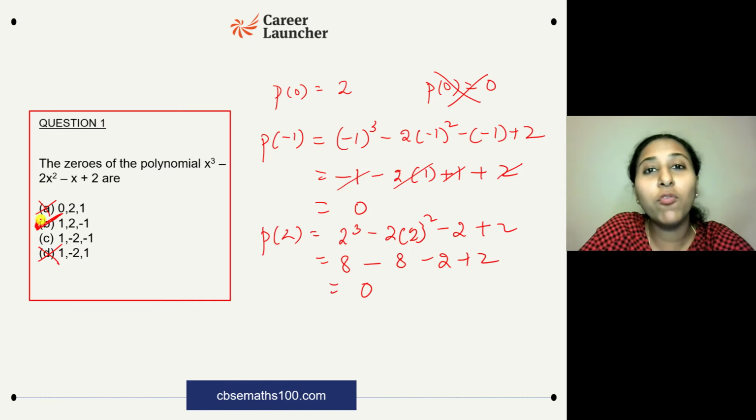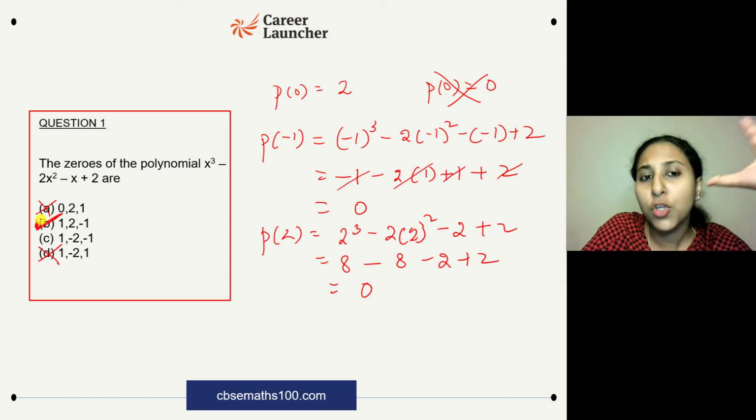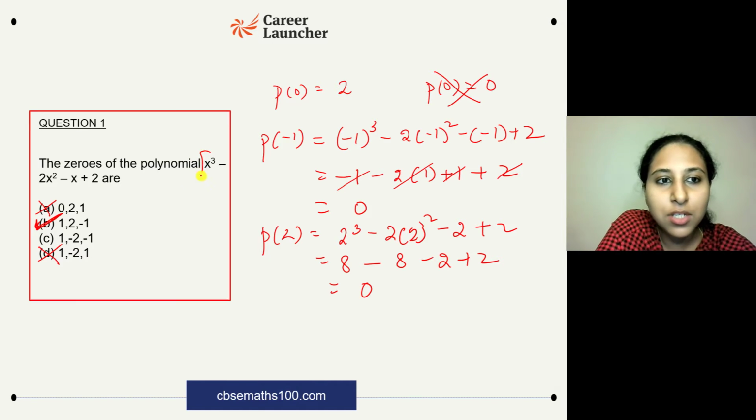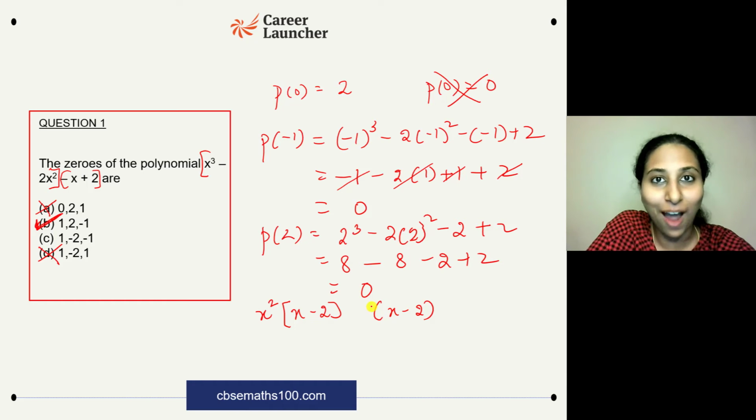Okay, this is one way you can solve this question, where you're going by the options. If you are good at factorizing though, I would suggest to try and factorize this polynomial and then find the zeros. What happens when you factorize this? Look at the first two terms. You can take x square common. Taking x square common will leave you with x square times x minus 2. And from the second group of two terms, again, you consider x minus 2 in brackets because you want to repeat the same factors so that you're able to take a common factor out.